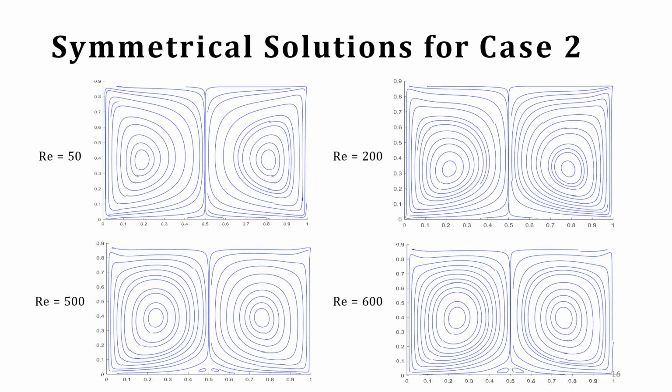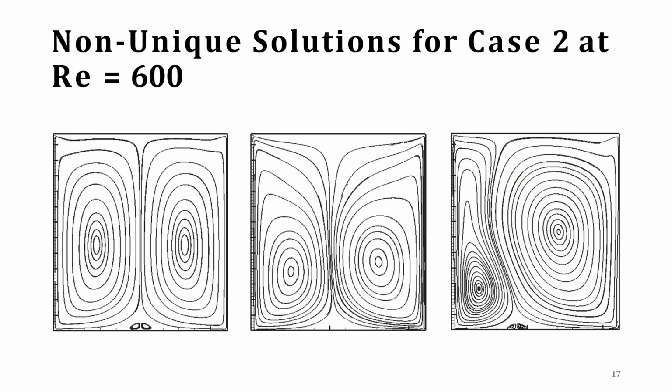For all 4 Reynolds numbers, symmetrical solutions were found as shown in this figure, with the streamlines being symmetrical along the vertical center lines. The primary vortex centers migrated towards the horizontal center line with the increase of Reynolds number. The symmetrical solutions found are in good agreement with the ones obtained by Prumal. Prumal found 5 non-unique solutions for this case, with 1 being symmetrical and 4 being asymmetrical. The four asymmetrical solutions are two pairs of solutions that have mirrored flow patterns. However, no other steady flow solutions were found besides the symmetrical ones shown in the previous figure with the present